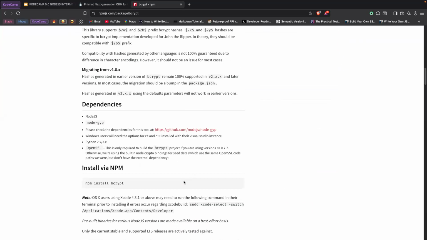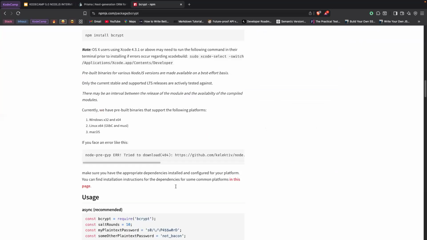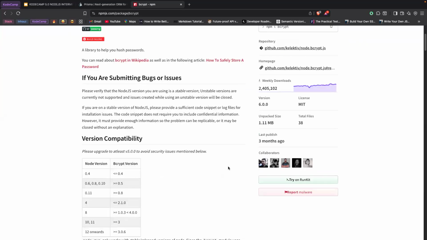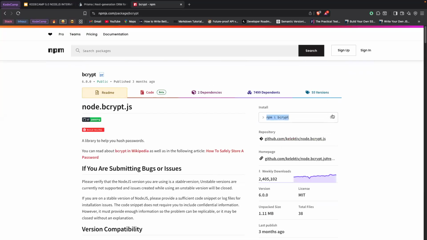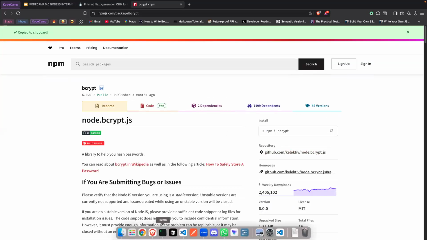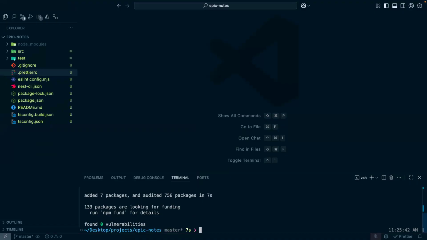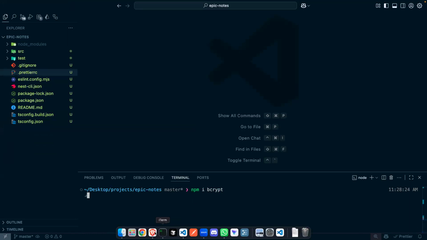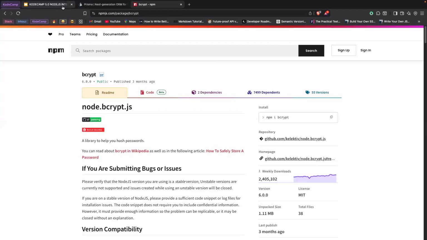You can come over here, this, that, bcrypt, rounds, okay. So we can go ahead and just copy this command. Come over here, clear our terminal, paste it, and hit enter. So while it's installing, we have